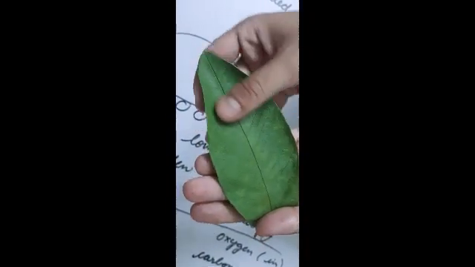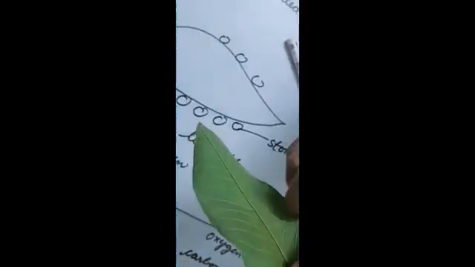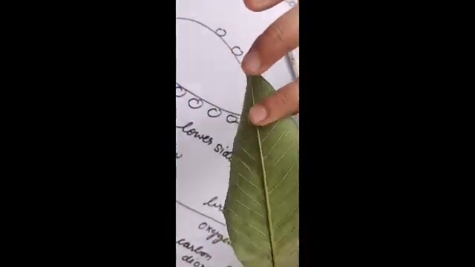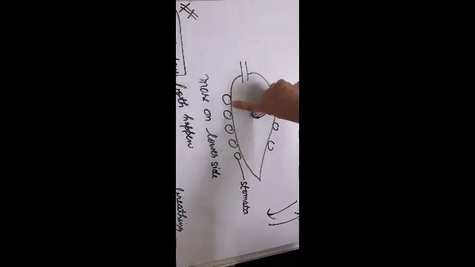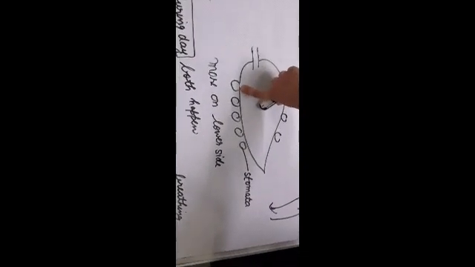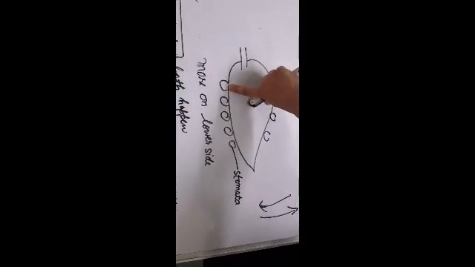This is the upper side of the leaf, which is dark green, and this is the lower side of the leaf, which is light green. So the lower side of the leaf is having more stomata. You cannot see the stomata by your eyes. These are the small holes called the stomata. Now what happens, through these stomata only the gaseous exchange takes place, means one gas moves in and the second